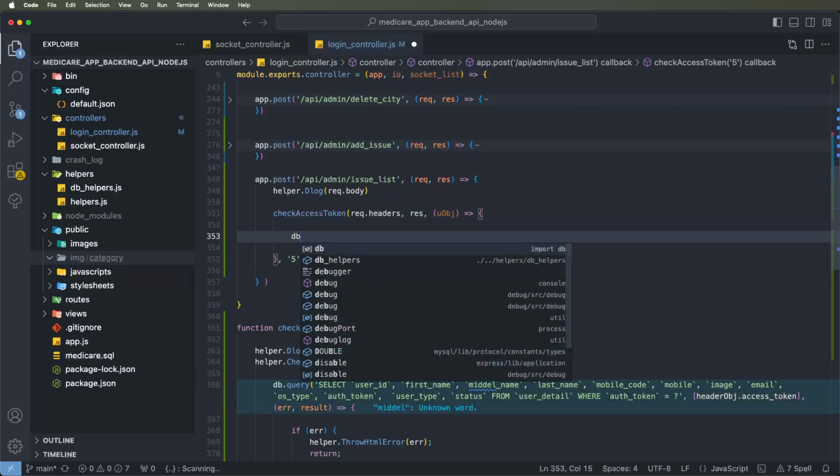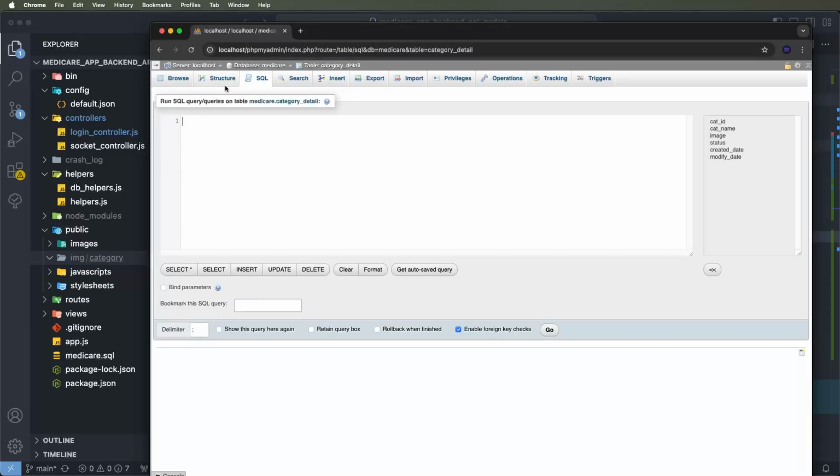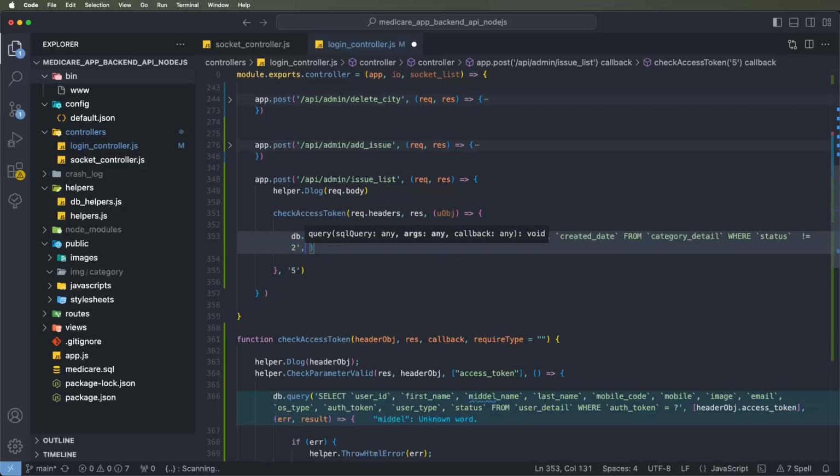Now we need to get the list. We need to call the DB query and write down the select query. Now we go inside this database and call the select, copy the where conditions, and put them here, removing the modified dates, no need. We need to clean the created dates as well. Now pass status not equal to 2. Then to get all records, the parameters are blank, and then after we need to check